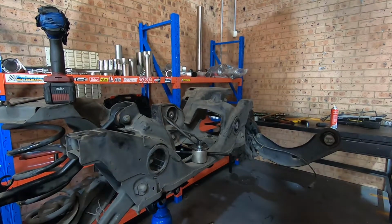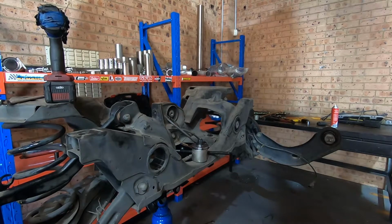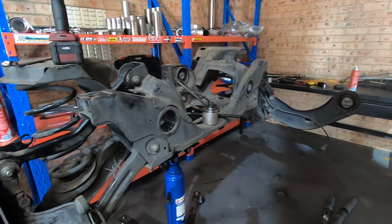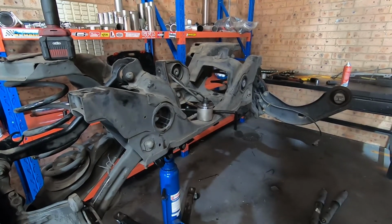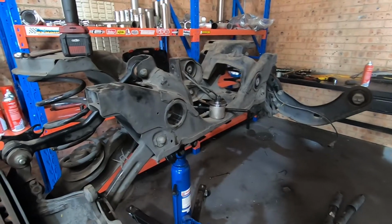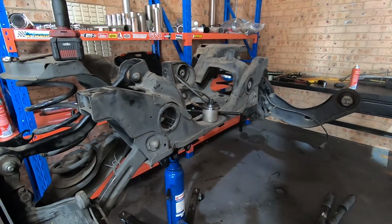I don't know, if you do enough of them, like if you buy and sell Falcons a lot, or if you own a couple of Falcons, or if even you've snapped an axle and you're replacing one, it may actually help you if you go and grab that tool, either see if you can loan it from someone, or buy it outright. It'll likely save you money anyway. So